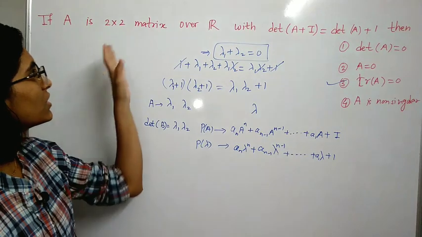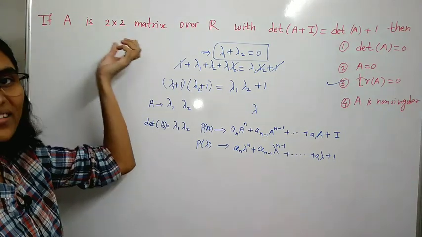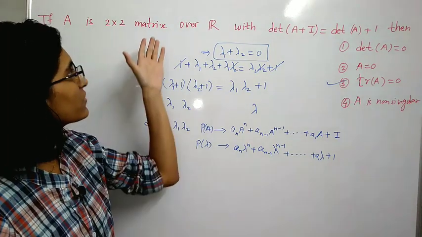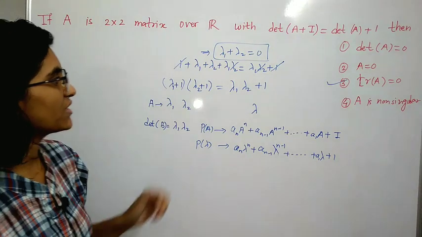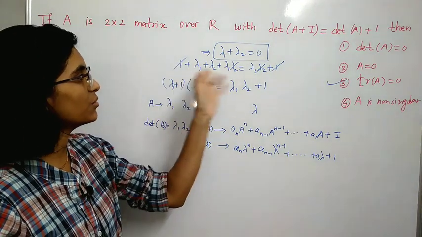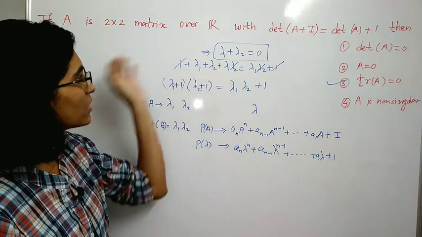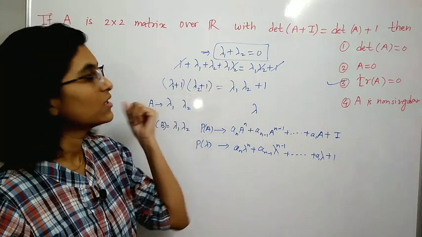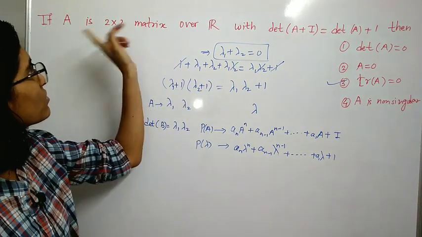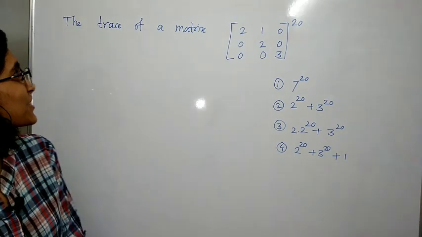Now here every hypothesis is important. Why? Because we have this 2 by 2 matrix, it is also important. Suppose we have a higher size than 2 for this matrix, then look at this computation, it will be bigger than this, right? So there may be some conditions for this calculation. So this 2 by 2 is important here. Let us see the next question.